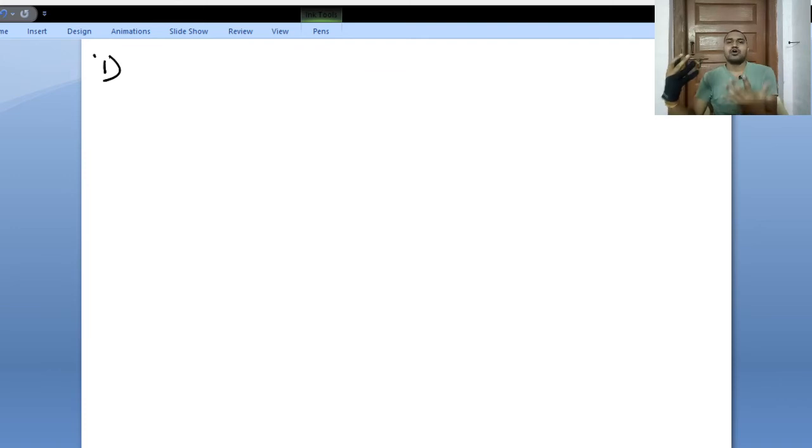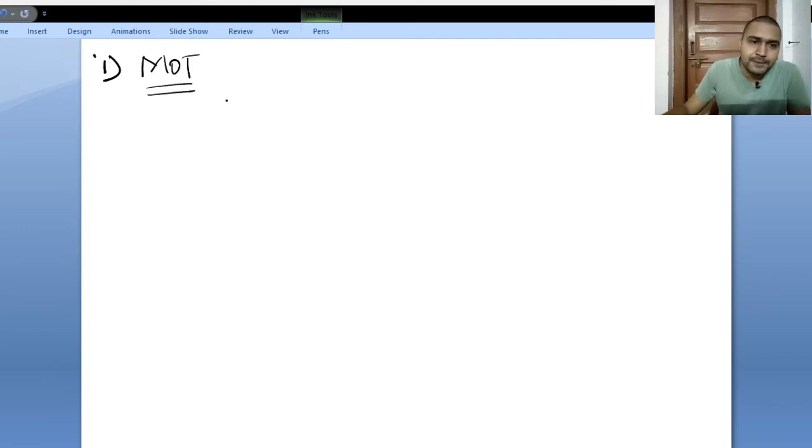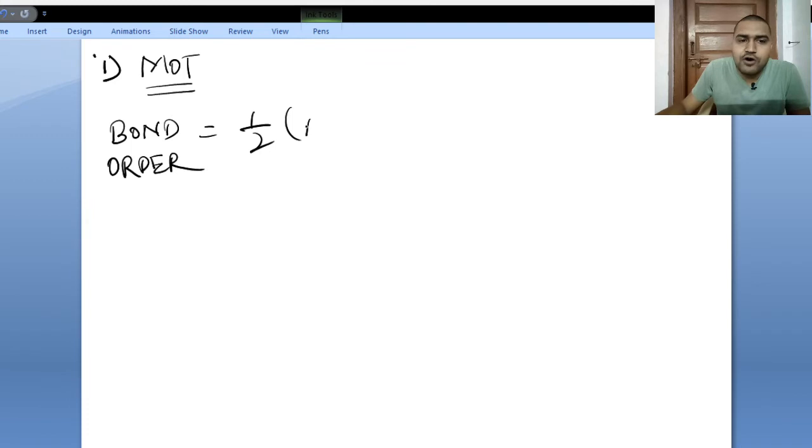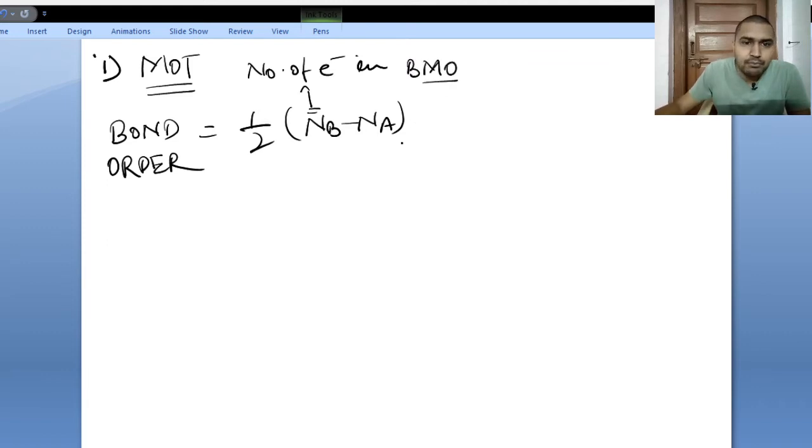of RX. For this we have to take help of inorganic chemistry, and with the help of MOT, molecular orbital theory, we know the bond order formula, which is nothing but half of Nb minus Na, where Nb is the number of electrons in bonding molecular orbital BMO and Na is the number of electrons in anti-bonding molecular